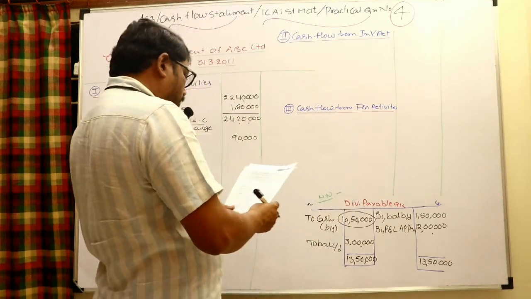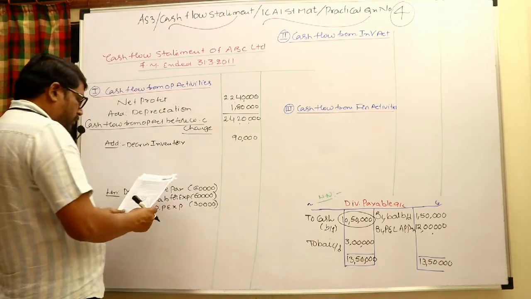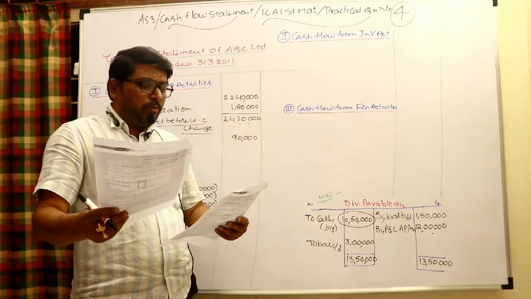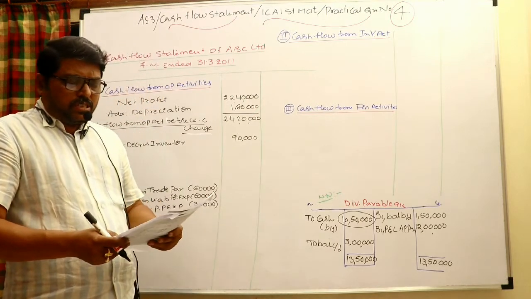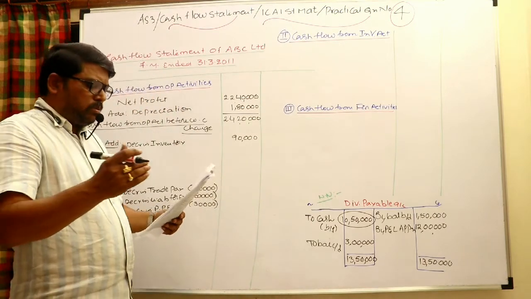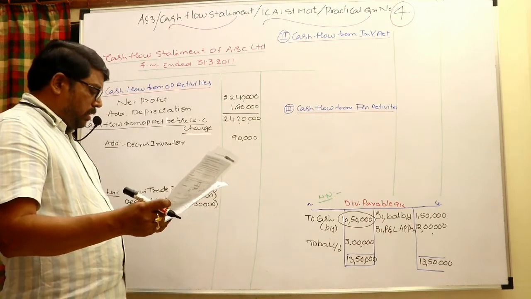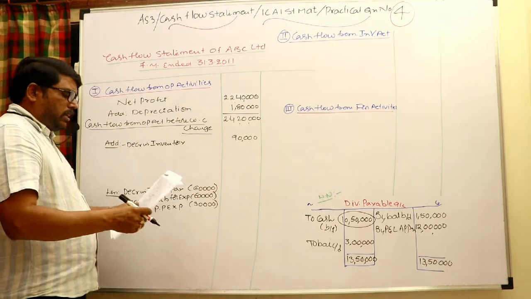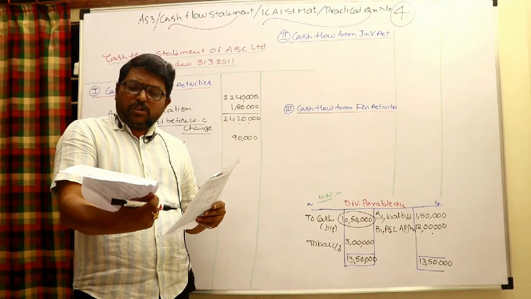And lastly, debtors. While taking the debtors, I said that the closing debtors is 28 lakh 30,000, but the bad debts of 2 lakhs 30,000 written off are to be adjusted back, because they reduced the balance. 28 lakh 30,000 plus 2 lakh 30,000 gives 30 lakh 60,000 closing debtors. Compared to opening, closing debtors is increased.